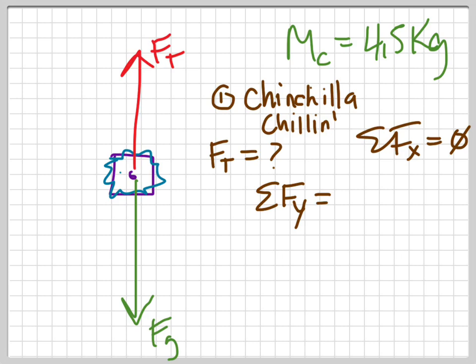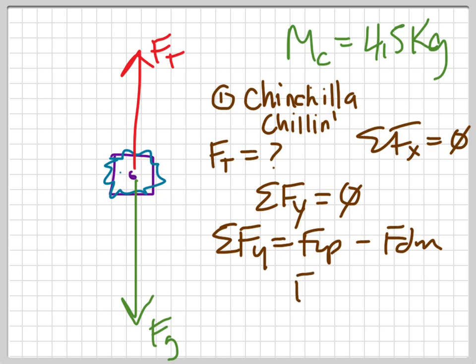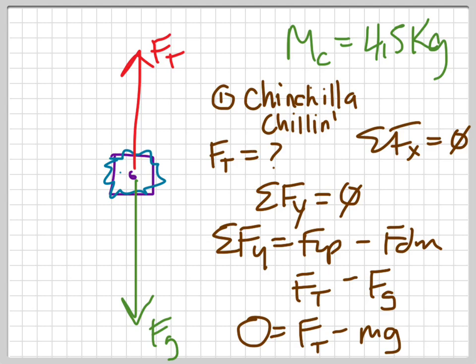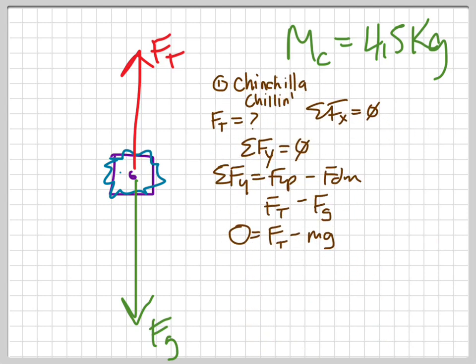Sum of forces on the y. The chinchilla is not dropping towards the ground. The chinchilla is not being pulled up into the rafters. Chinchilla's chilling, so we have a sum of forces on the y of 0. Great. So sum of forces on the y is all the forces up minus all the forces down. Force up is force of tension minus force of gravity. Force of tension minus mass times gravity equals 0. So they're equal and opposite. So force of tension equals